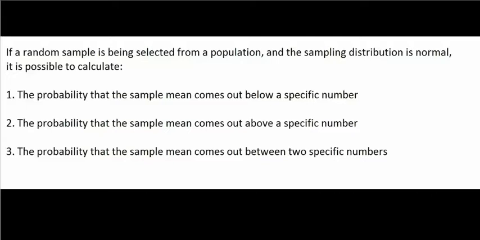I also showed you a rule for deciding if the sampling distribution is normal. And I told you that if a sample mean is being calculated, the sampling distribution has a normal shape, or at least roughly normal, if either the population is normal or the sample size is at least 30. That rule will also come into play in this video. So now we're basically gonna take all of the information from the last few videos and actually apply it in